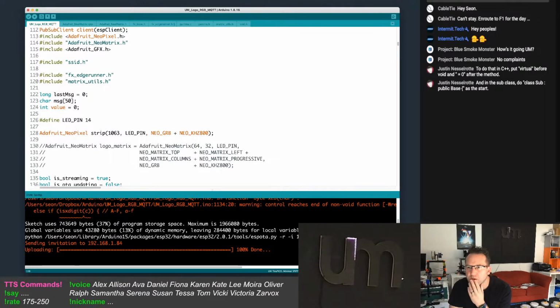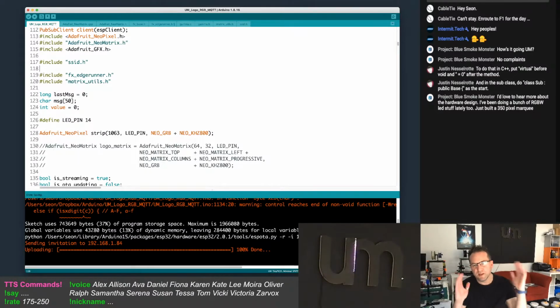About the hardware design, I've been doing a bunch of RGB stuff lately too. Well, this is two very large PCBs on my wall behind me. Well, they were done in two halves. That's my head, excuse my head. It's the only angle I can get from my camera right now. And it's one big matrix of RGB LEDs. There's 1,063 of them, and they're 1515 RGB addressable LEDs.